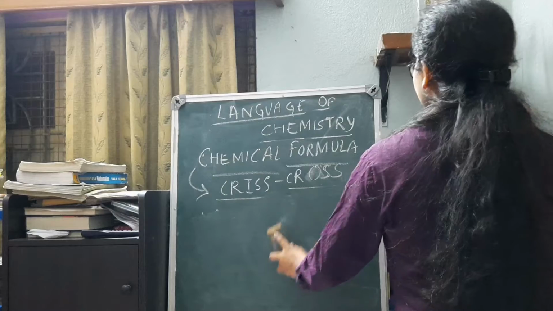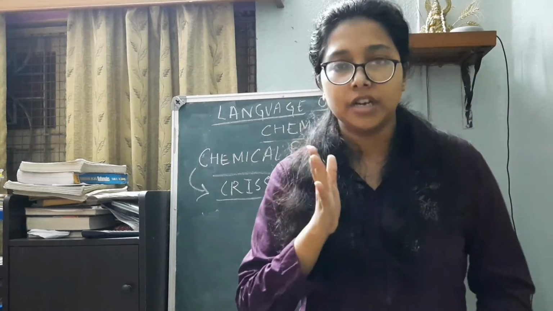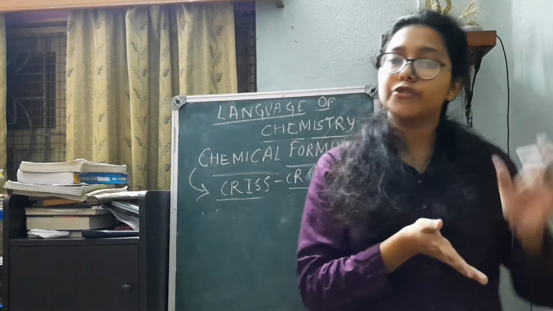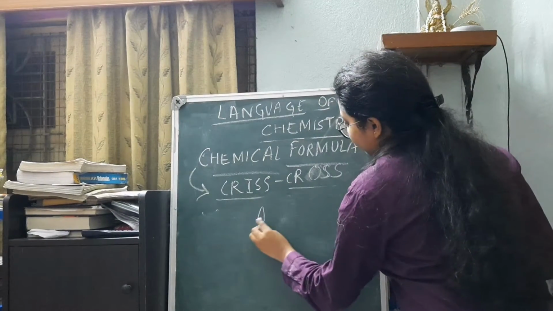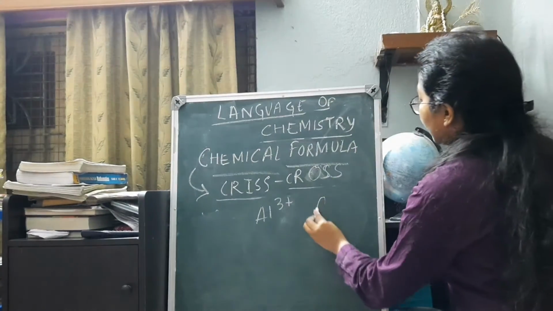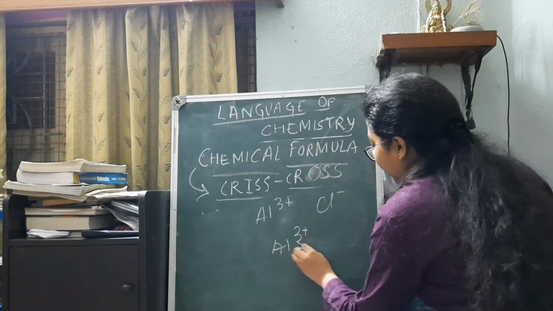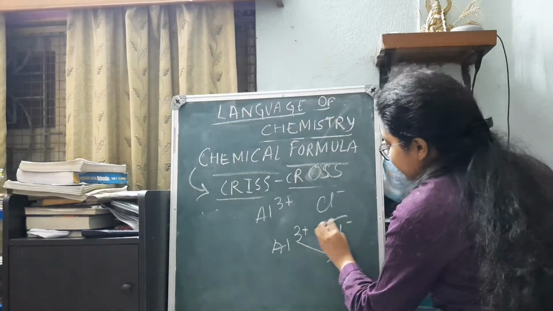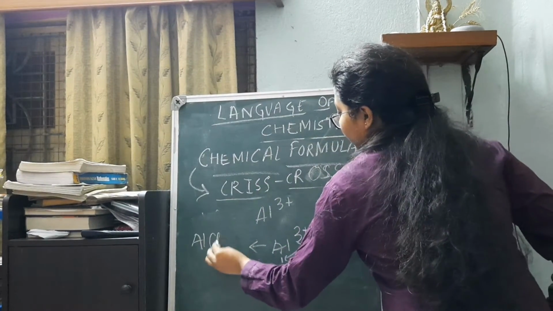Okay. Then moving forward to one more example. For example, if we go for aluminium chloride, write the chemical formula of aluminium chloride. This is your question. How will you do it? You can pause the video, try it on your own, and then check it as well. Aluminium chloride. So first I have to write the cation, Al3+. Then I have to write the anion, Cl-. In the next step, I will be going for crisscross. We see that 1 goes in here, 3 goes in here. So what can I write? It is nothing but AlCl3.